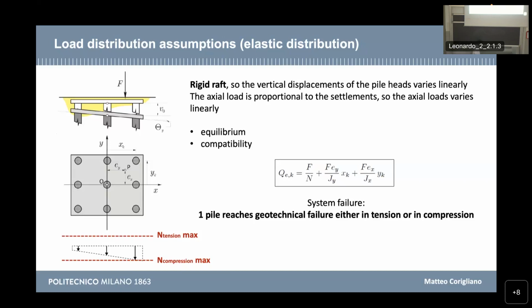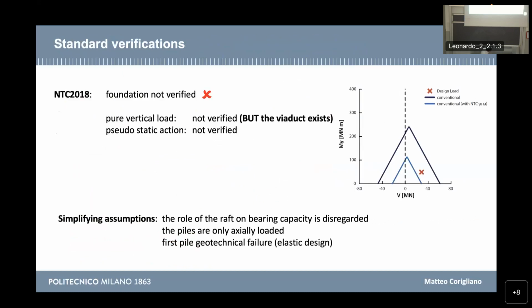Maybe it is a too strong hypothesis. And what happens, according to the standard verification using all these previous simplifying assumptions, is that the foundation is not verified